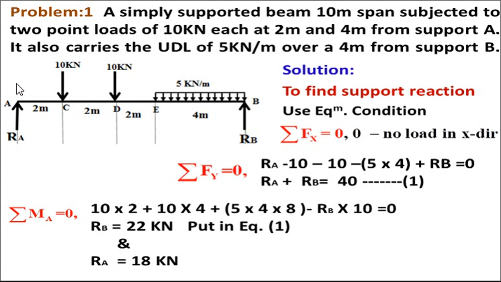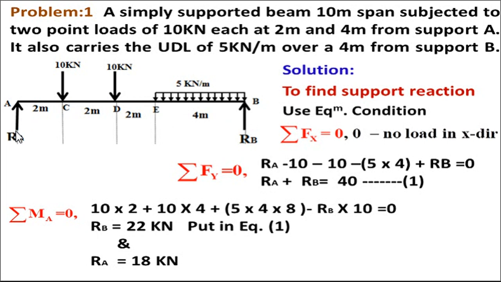Okay, as there is no horizontal load or inclined load, so summation Fx will be 0. Take summation of Fy equal to 0. So when summation of Fy is taken, at A point reaction will be Ra, at B point reaction will be Rb. Sometimes these supports are directly given as Ra, Rb, or sometimes it is given as a hinge or it may be given as a roller. You have to remove roller and hinge and you have to show the unknowns like this, Ra and Rb. So upward positive, downward negative.